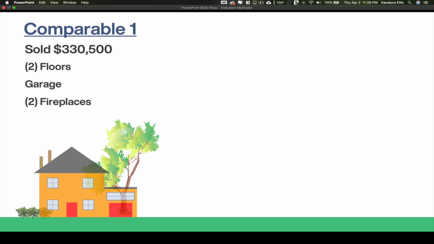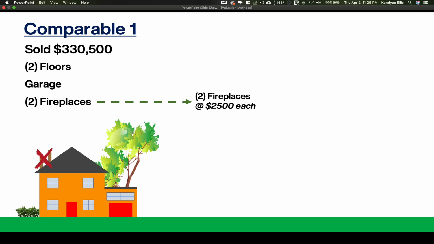Remember comp number 1? It had 2 floors, a garage, and 2 fireplaces, and it sold for $330,500. Our subject has 2 floors, a garage, and no fireplace. To give our first comp the same features, we need to remove the fireplaces. Specifically, we need to take away the difference in value. In this scenario, a fireplace is worth $2,500. The difference in value between having no fireplace and 2 fireplaces is $5,000. So if comp number 1 did not have those 2 fireplaces, it would have sold for